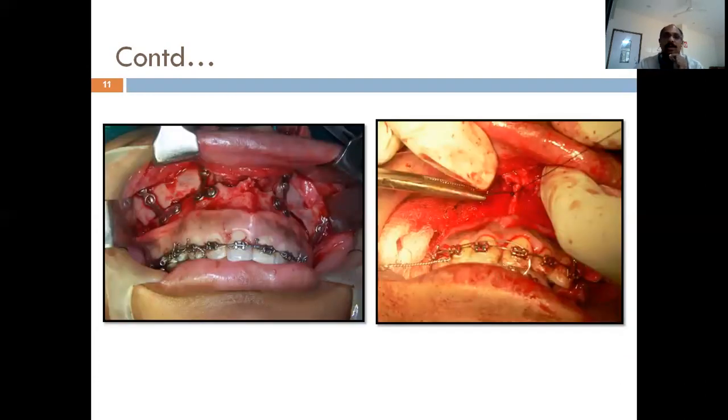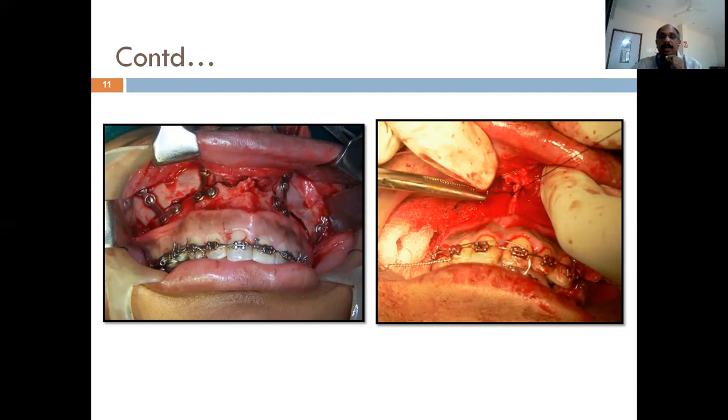And once you plan your treatment, as I told you, we prepare a splint. We have a splint which is made in mock surgery on the models, and that splint is now used in the patient to exactly know that we have brought the maxilla forward or superiorly, depending upon the patient's requirement. Once it is done, the splint gives us a guide. So we put it onto the teeth. We exactly know what we have achieved in the patient. And once you confirm that result, we fix the maxilla by using your mini plates.